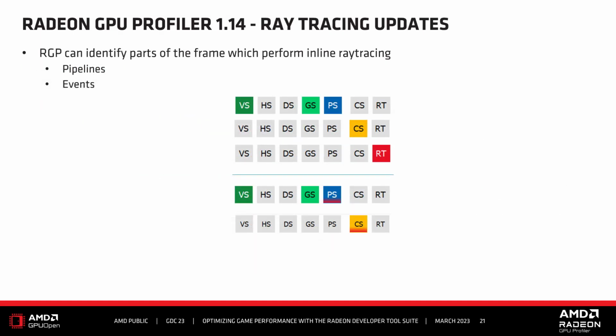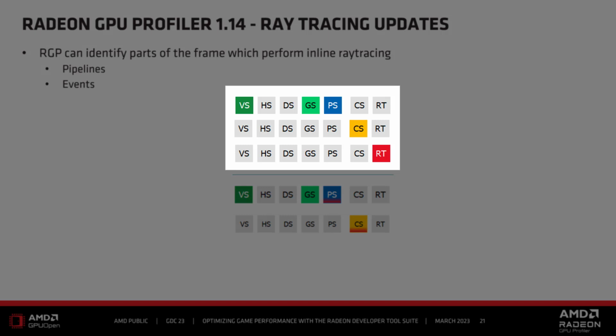In addition to supporting the latest GPUs, the RGP team also added some new ray tracing features this year. More and more games are using DXR 1.1 style inline ray tracing instead of traditional ray tracing pipelines. Several parts of RGP have been enhanced to make it easier to identify workloads which are performing inline ray tracing. First of all, the API Shader Stage UI element that appears in several of the RGP views has been updated to paint shader stages that use inline ray tracing a bit differently.